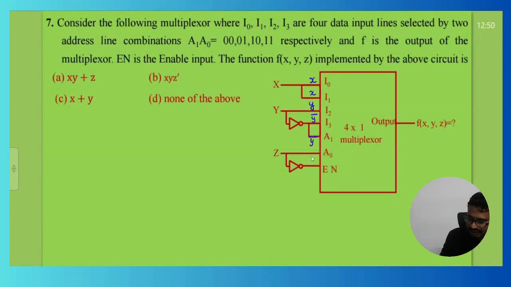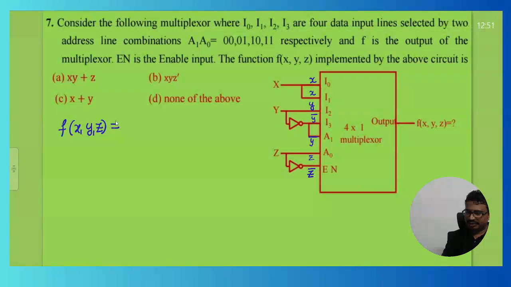And this is connected as Z, right? And this is Z bar. Here, this is Z bar. Okay. Now let's see what will be the output. Now, the expression we need to get. Look at it carefully. So this is f of x comma y comma z, which is equal to